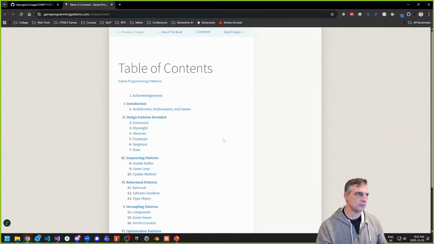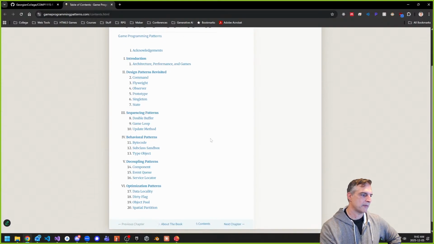It's written by Robert Nystrom, and he talks about all the different design patterns that apply to games. He discusses all this from a C++ perspective in great detail. I think it's been a great book for me when I was learning about design patterns as well. After I saw this book, I was like, wow, okay, that makes sense now for game related stuff. So if you have a chance to read this over the break, this is a great thing to read.